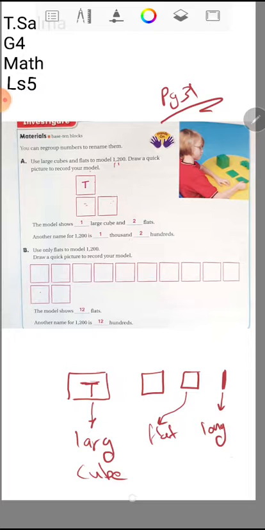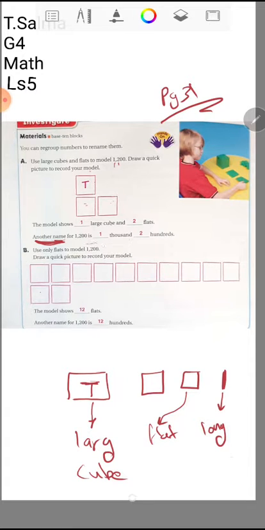So this is another description, or another naming, to the number 1200. Okay, so this is another name for this number. You can name the number by the number in thousands and the number of hundreds. Okay, now let's see. If you want to use only flats